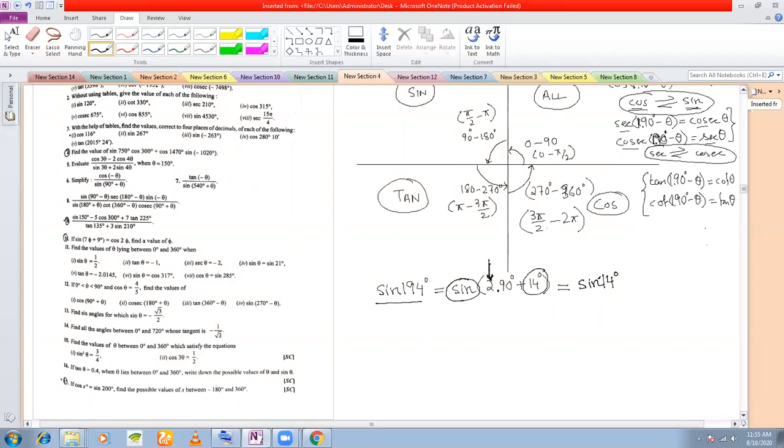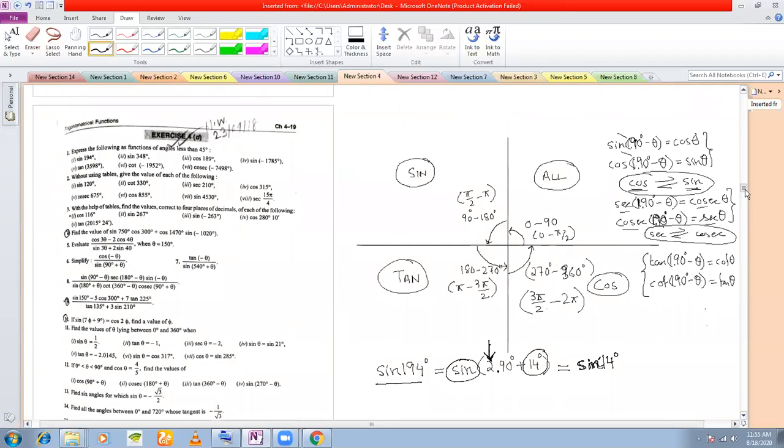And since this is an even multiple, that is why sine remained sine. Now the question is, what should be the sign of this sine? There is one more thing that needs to be seen here, not only this: in which quadrant it lies. Because it is an even multiple, sine will remain sine. Sine will not change to cos because 2 is an even multiple of 90 degree.